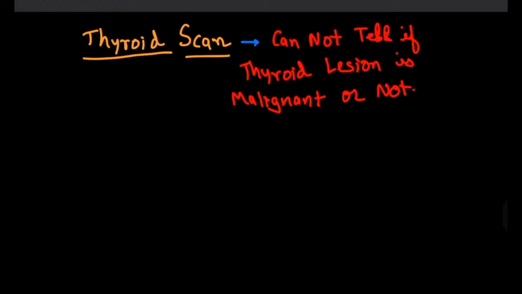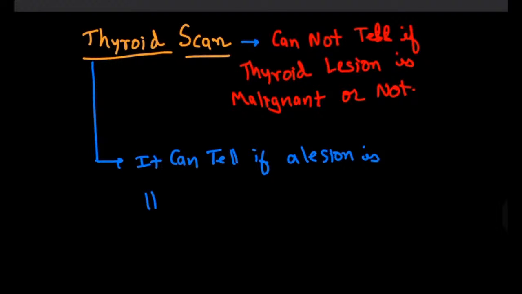It cannot tell you whether this particular lesion is a malignant or not a malignant lesion. Then what do you get from the thyroid scan? What do you get? It can only tell if a lesion